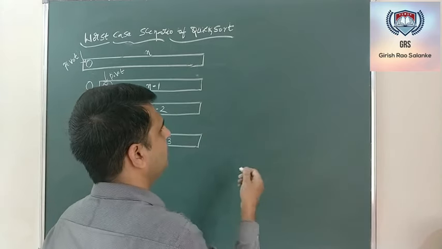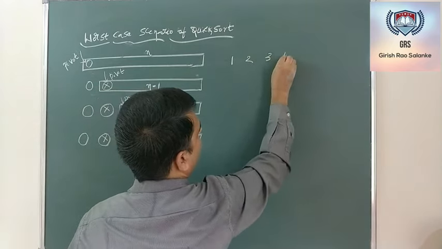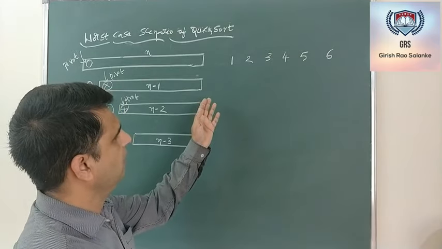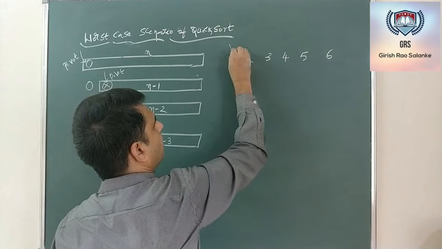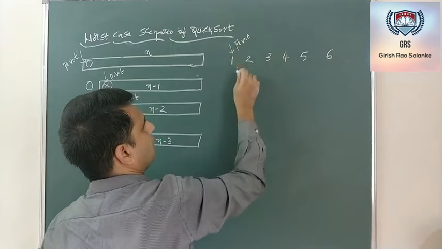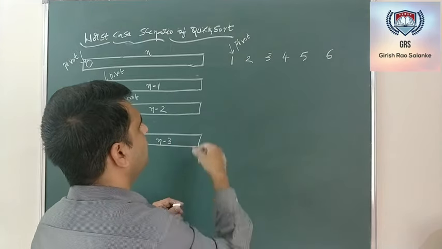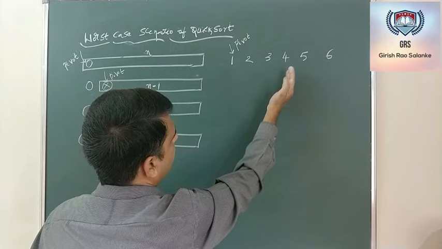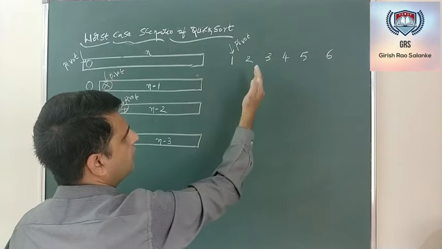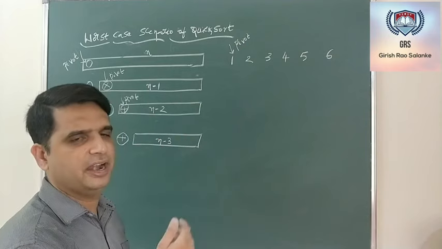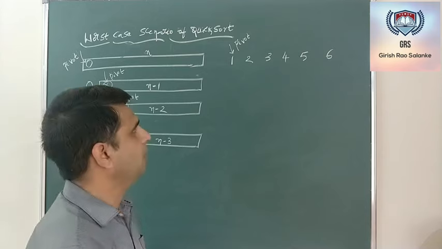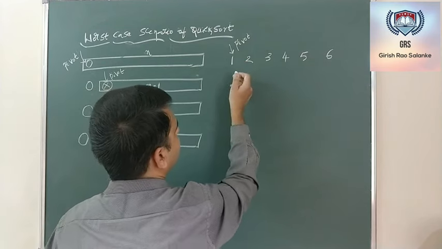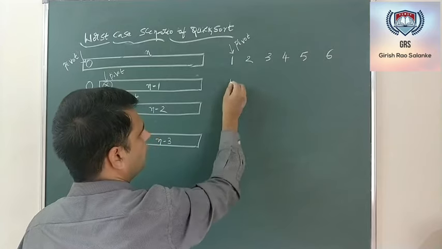One best example is if the elements are already sorted. Assume that I have some elements given as an input to quicksort. Now, on doing a partition, 1 was my pivot element. If I do a partition, what is my objective? My objective of doing partition is to place this one in such a position that to the left of the pivot I have elements lesser than that element, and to the right side of the pivot I have elements greater than or equal to the pivot element. Now in this case, is there any element lesser than 1? No elements. So after doing a partition, the position of 1 remains as it is.